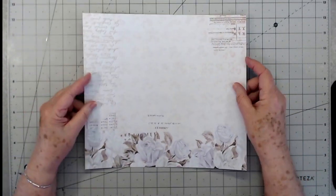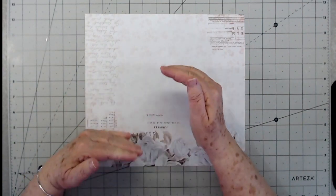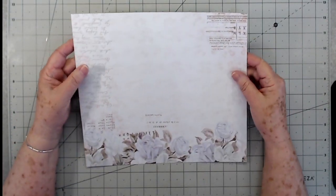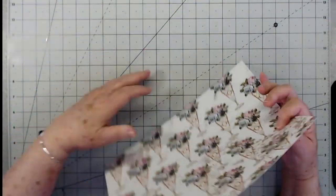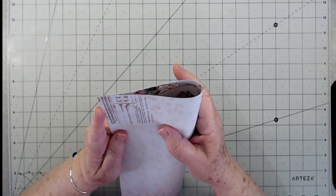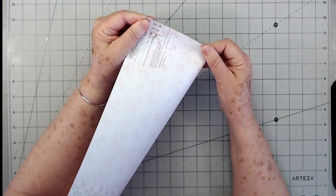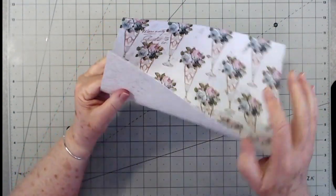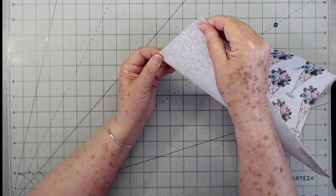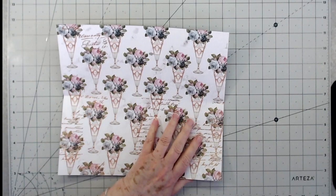It's really, really simple. Now, that one I used just a 12 by 12 sheet of paper, and it makes a 6 by 6 folio. This one I cut down to 10 by 12, and we're going to try this one to see what size it's going to end up and how it's going to look. And all I do is fold it in the center right there, and then just pinch that on the end. And then fold down here and pinch that right there, just so that you have a little fold spot,